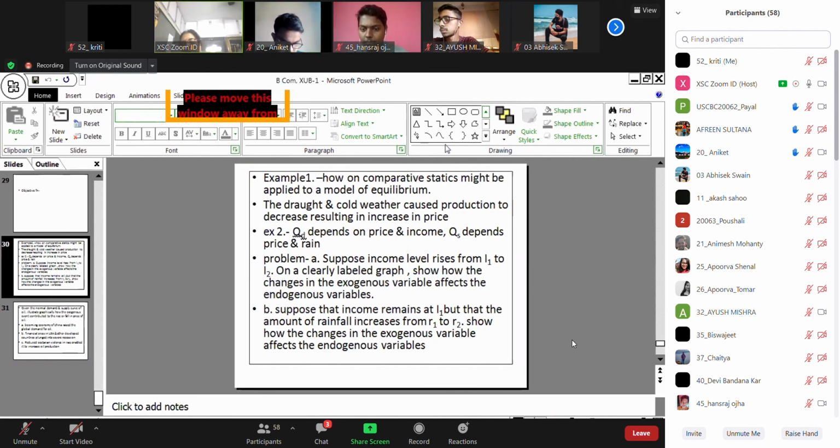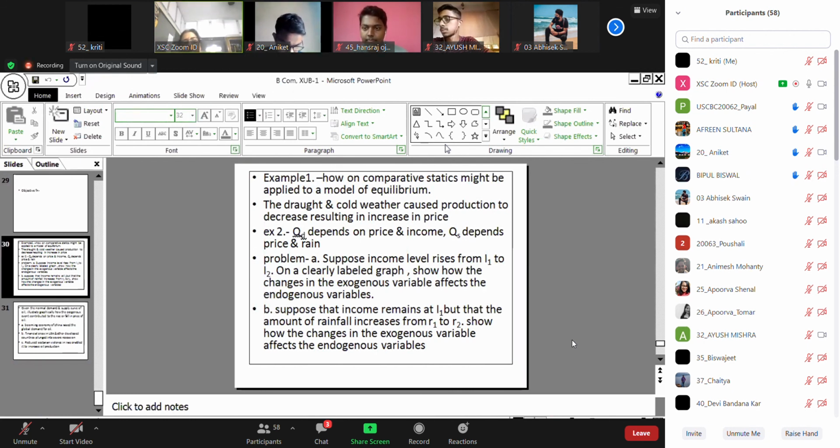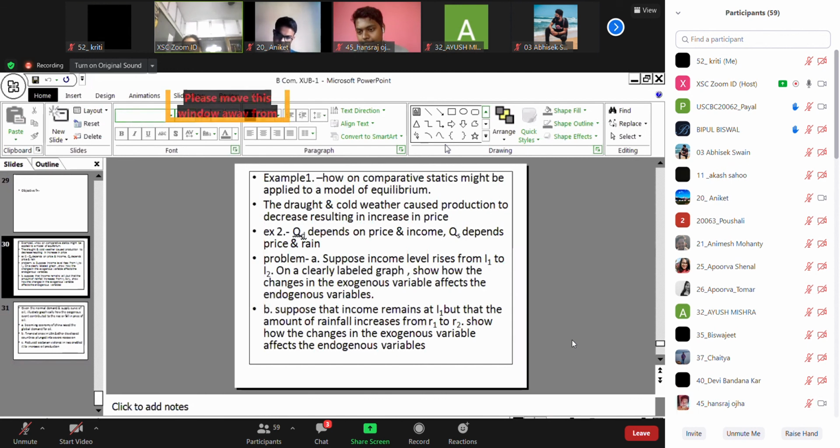Income has increased, so in this case supply will remain the same. There is no change in supply. Demand will change. Why have you changed the supply? That was another question, ma'am. I have drawn one curve, one diagram. Okay, I will do it separately so that it will be clear. Now you got the point. Whenever there is an increase in income, the demand will shift to the right. So the equilibrium position will shift, and accordingly price and quantity will also change.